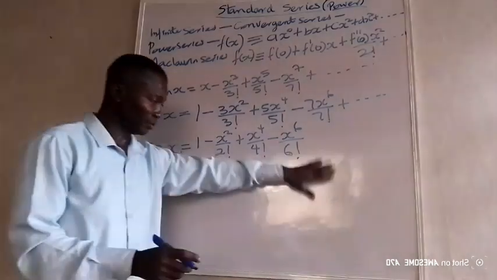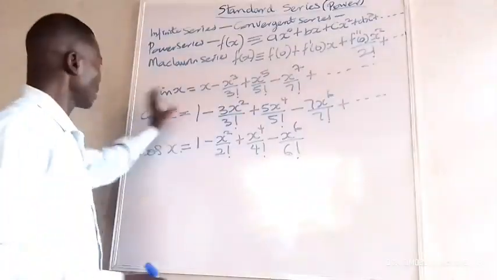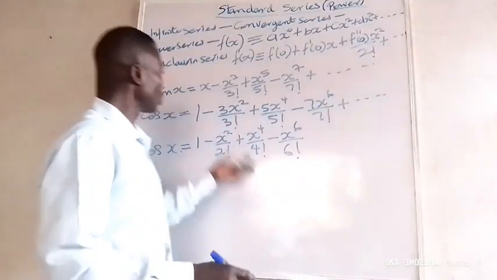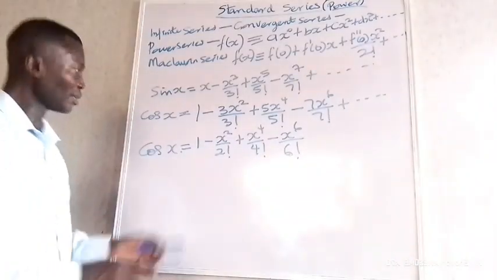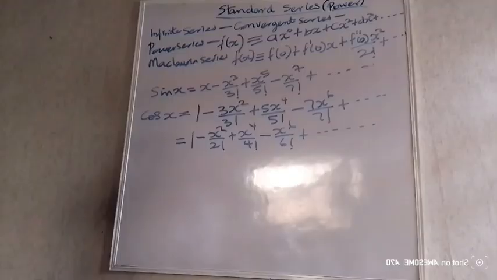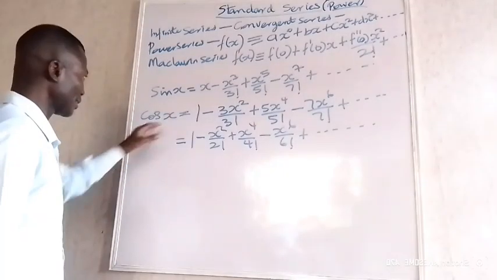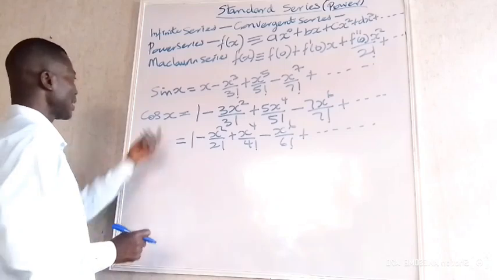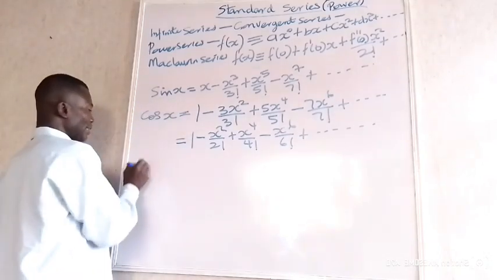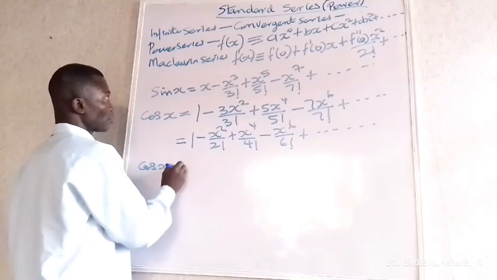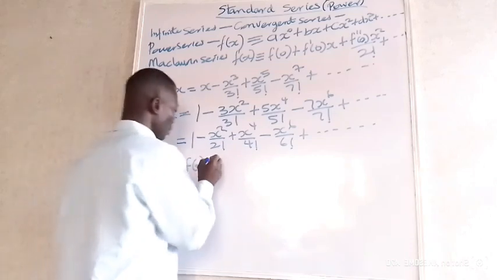I just opened your eyes to see this. But then, I will still work it out using Maclaurin series, in case you don't know this earlier on. So you have to work it out using Maclaurin series, if that is the question you are asked independently. So let's see how it goes. Now, let's use Maclaurin series to work out the expression for cos x. As we have said before, the x will be in radians, not in degrees. Now, cos x will be equal to f(0) plus